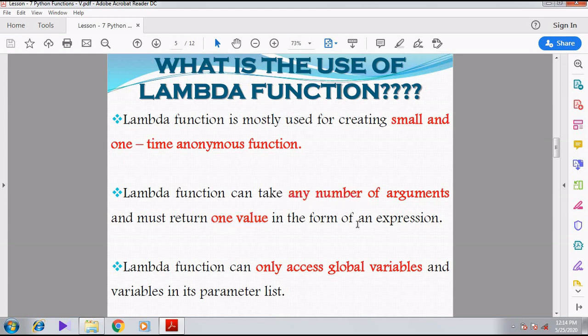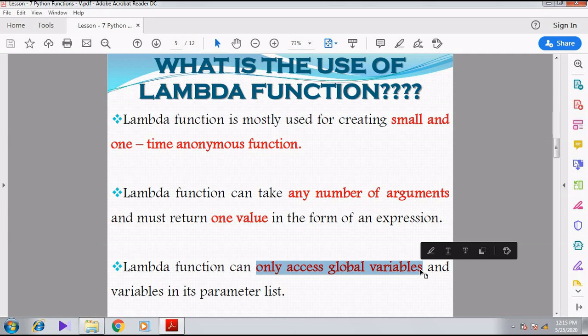Right. Then see the next usage. Lambda function can only access global variables and variables in its parameter list. So it has the ability to access only global variables. The lambda function is not able to access the private variables, the local variables, like that we can say.